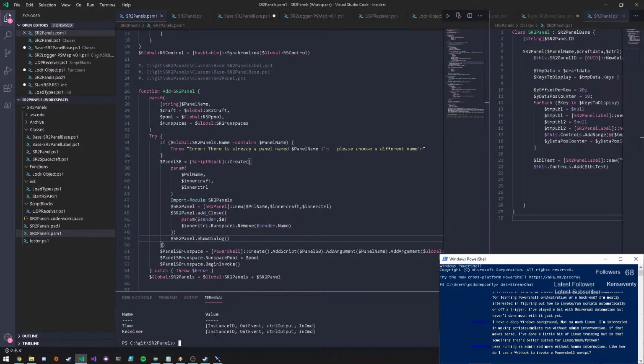It still added the run space. I suppose I don't know. I suppose I could do